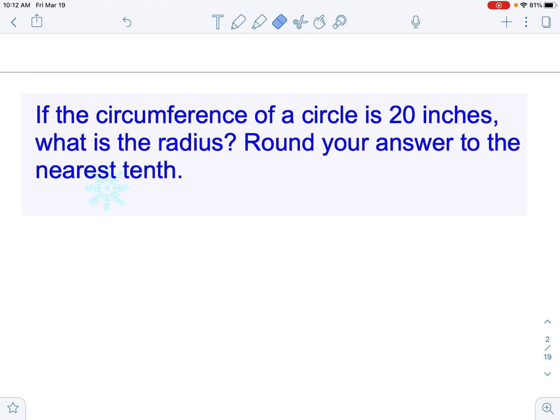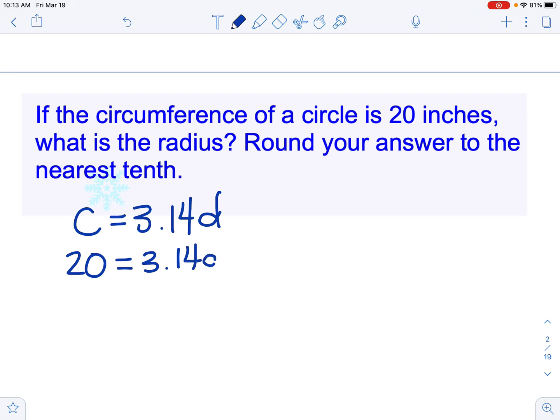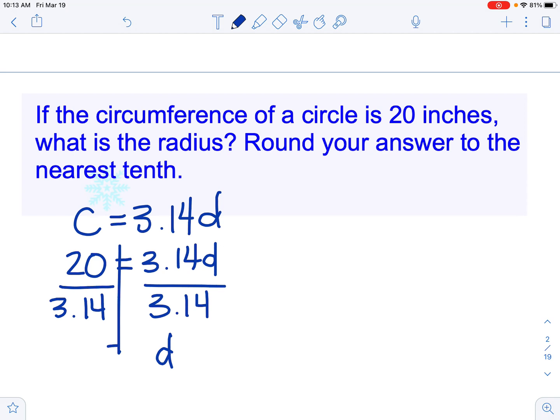Round to the nearest tenth. So we know the circumference formula is C equals 3.14 D. So what we're going to do here is solve for the diameter, and then split that in half to find the radius. So 20 is the circumference, equals 3.14 times diameter. To get diameter by itself, I'm going to divide both sides by 3.14. And I'm left with diameter equals 20 divided by 3.14